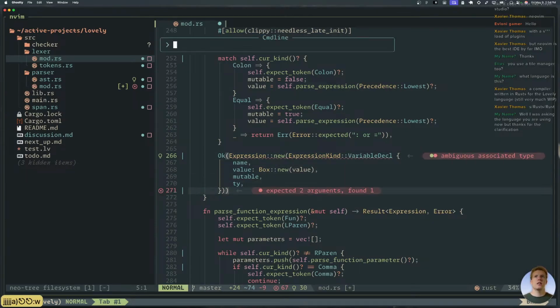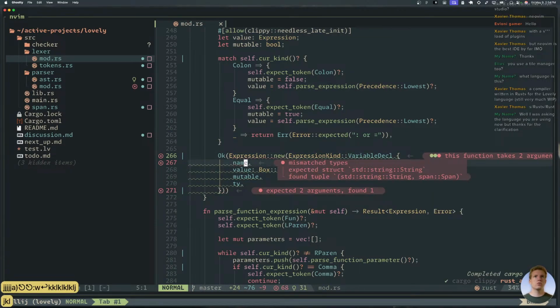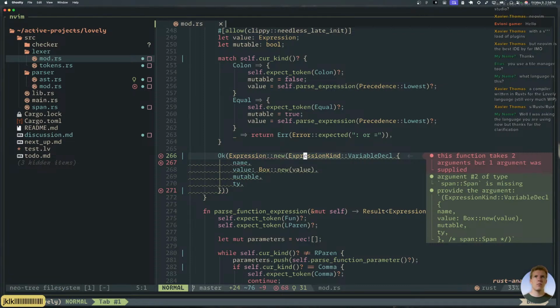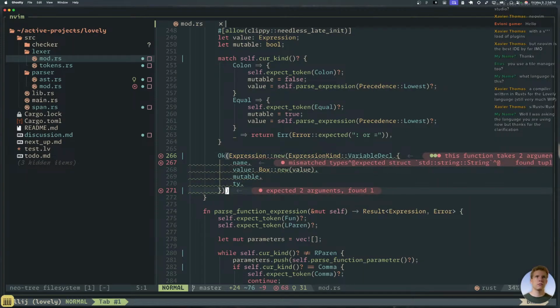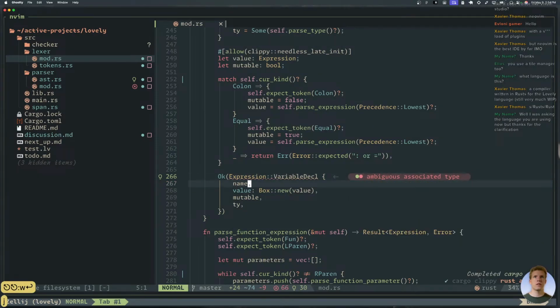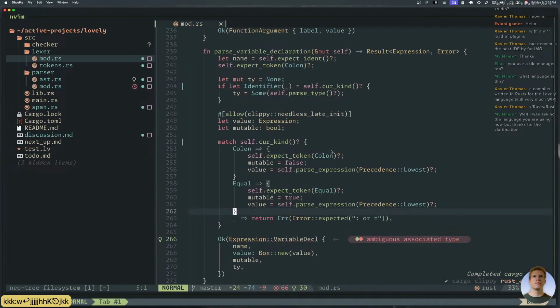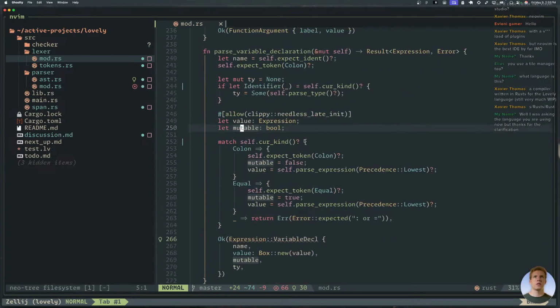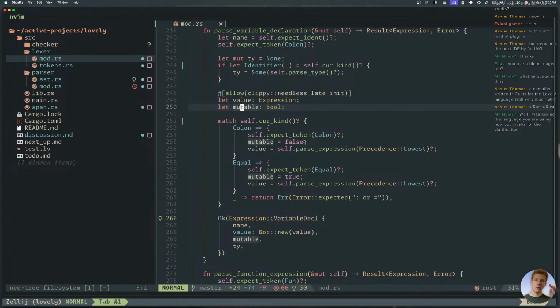All right, and then this. Something broke. I broke something. Okay, it's just that, no? Wait. I think I jumped ahead too fast. Okay. Where are all these coming from? Variable declaration. I see. Okay, so these need spans.